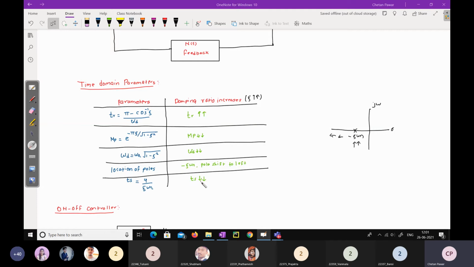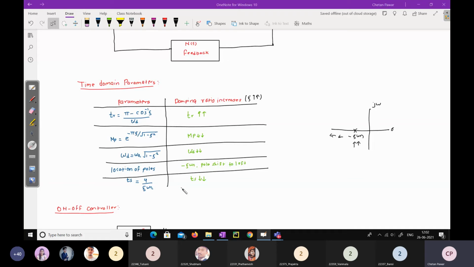So you have seen, even if we increase the zeta value, what the effect is on these time domain parameters, right? If the settling time decreases, I will reach steady state within less time. The air conditioner will set the room temperature to 25 degrees Celsius within less time, if we apply 25 degrees Celsius as the input. In this way, we will see how the controller affects these parameters.